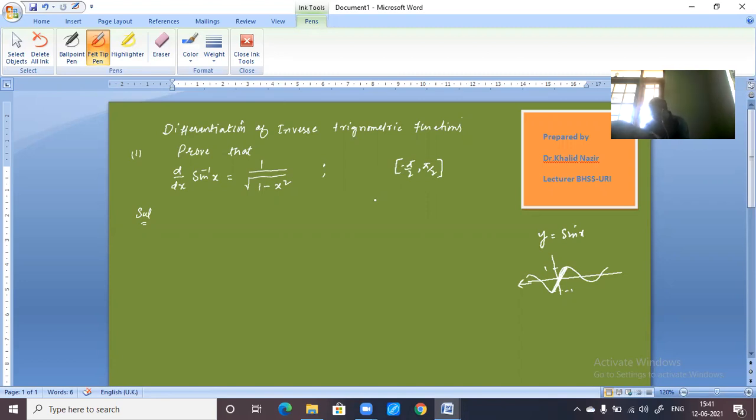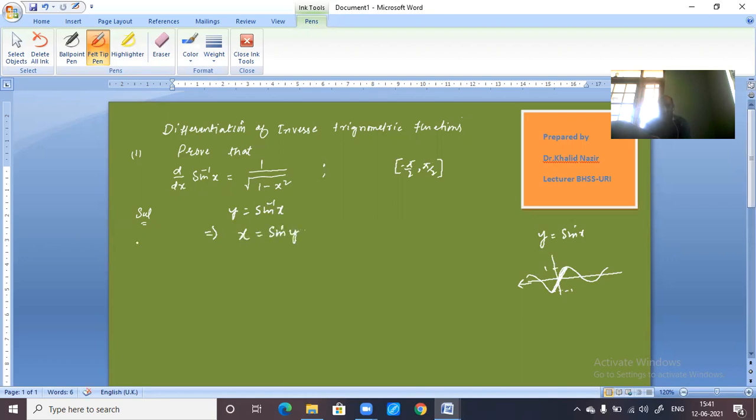Okay, let's choose the function, say y is equal to sine inverse of x. We need to differentiate this function, right? So before differentiating by the first principle method, what we do is we will make it simpler. We will make it in terms of sine. Actually, we know sine and sine inverse are inverse functions of each other. So I can write actually x is equal to sine of y,